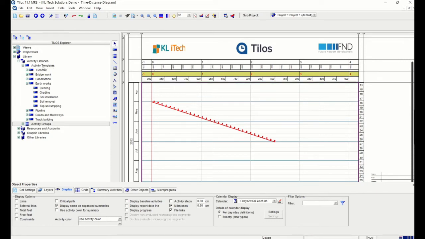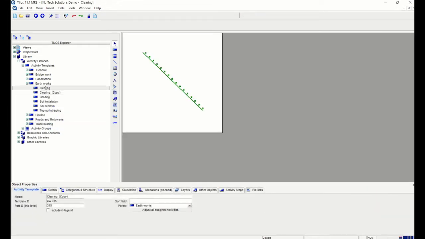We will go to the activity templates here, and under activity template, let's say I want to make another clearing activity. All I will do is right click and copy. Again, right click and paste. You can see that a new activity has come. If you double click on each of the activities, you can also view what items are available. Now I'm selecting the new one created, and at the bottom of the screen in the detail object toolbar, I'm going to select this as trial clearing